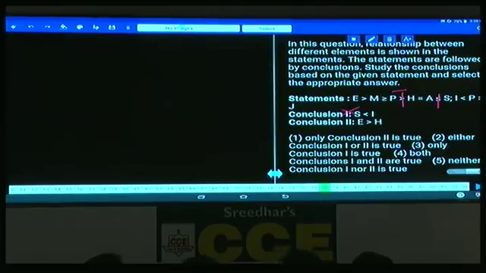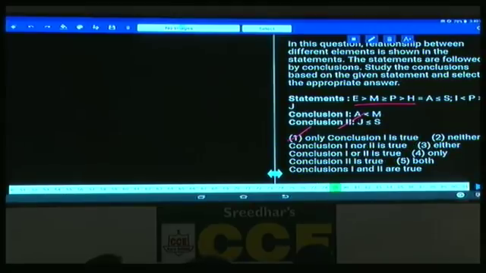Then what happened to the second one here? Now in second one, E and H. Now between E and H, if you observe here, what is the symbol which is common? Greater than is common. Hence, E greater than H definitely true. Hence, only 2 follows, that is choice 1 is the answer. Clear now? Question number 78, it is choice 1.